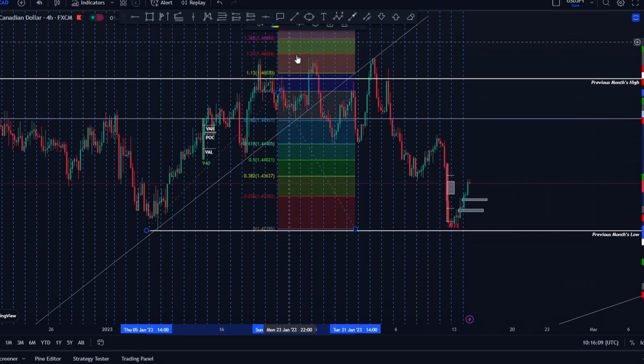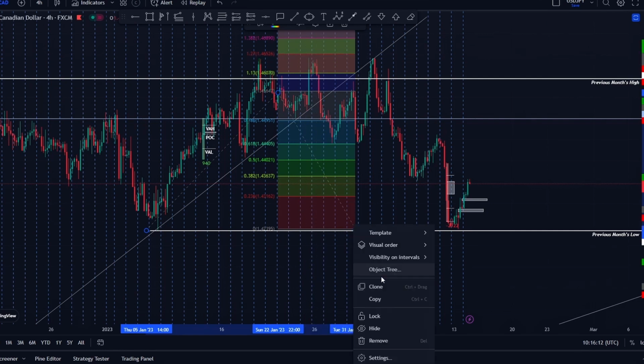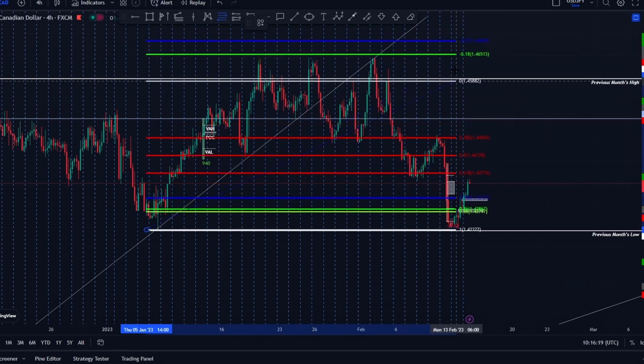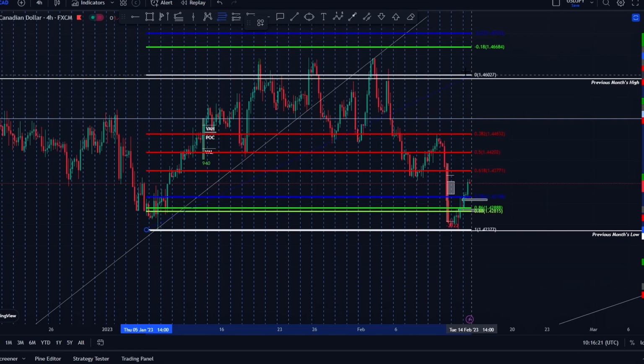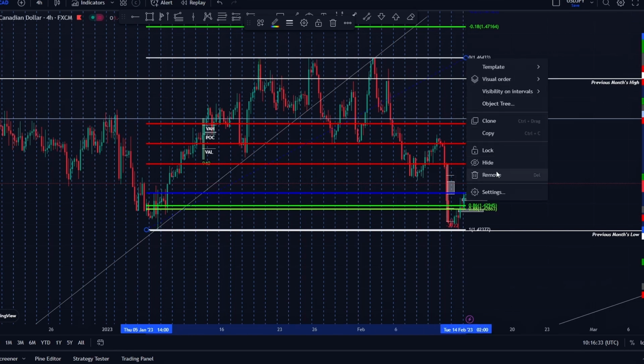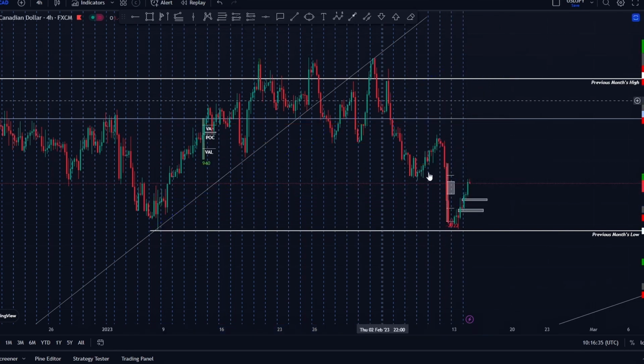We've got like a 0.27 extension, and the final move for that D leg is basically the 78% retracement. Obviously the stops would have had to be below the X leg, which means this pattern is